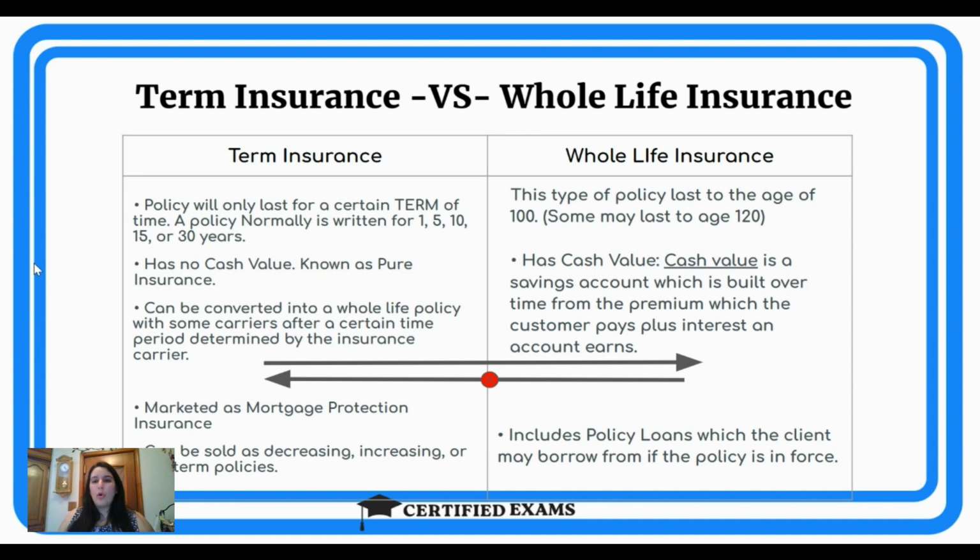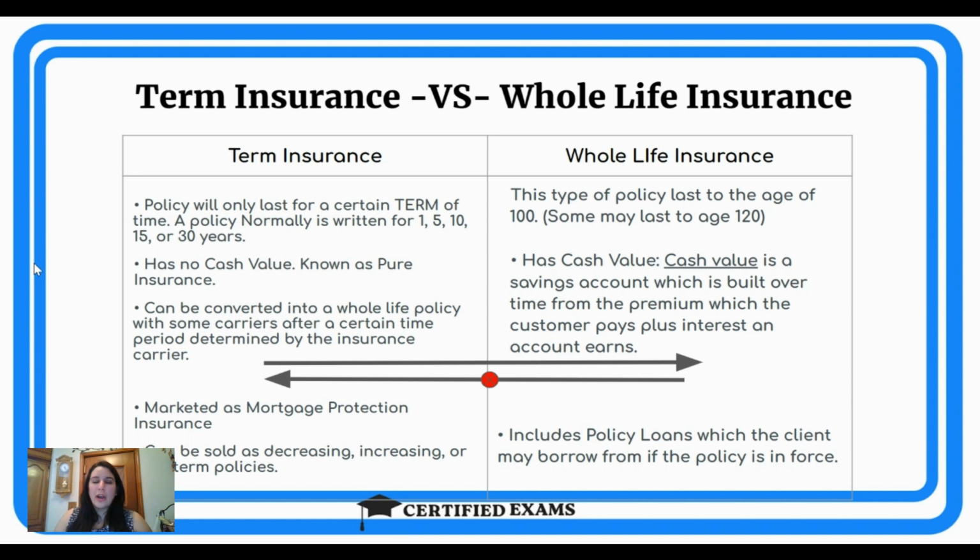We cannot go from a whole life policy to a term policy, because if we do, we are essentially taking away that element of the savings account, that cash value, and what's going to happen with that money? That's going to create a bit of an issue, which is why we do not do that. All right. So make sure that you commit these little arrows to memory and know that that applies to convertible term policies. And when somebody can convert their policy into a whole life policy, if they choose to, because they can always say that they're not interested in doing that, depends on the company.